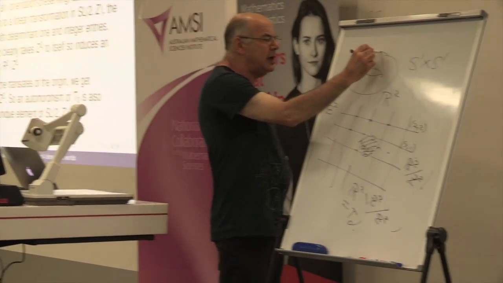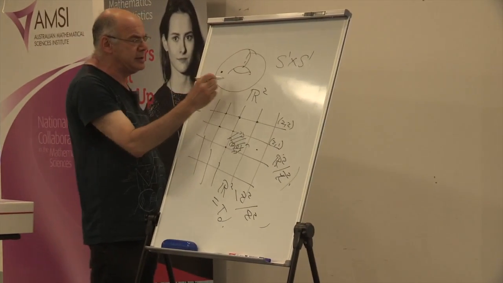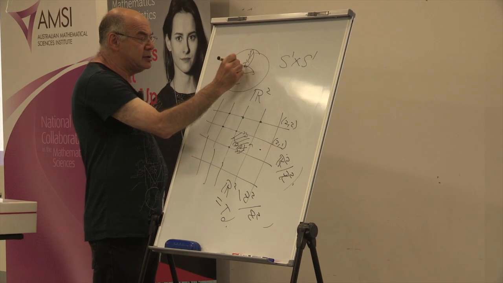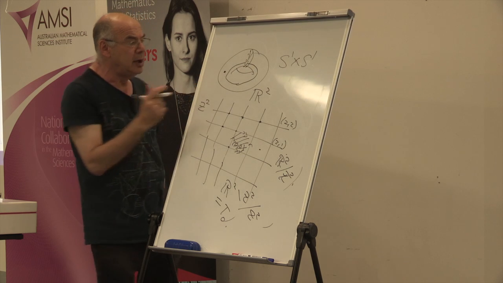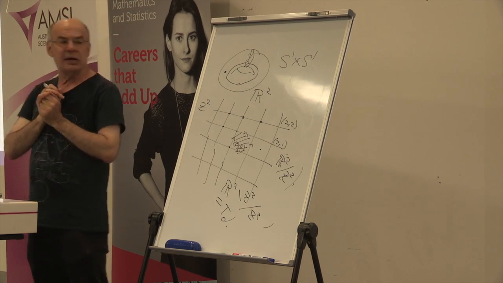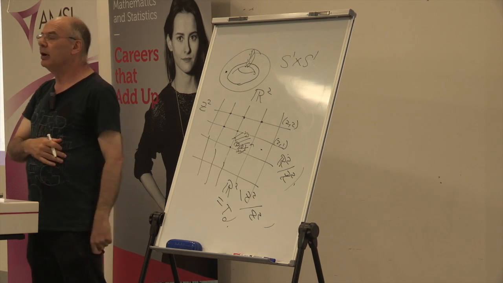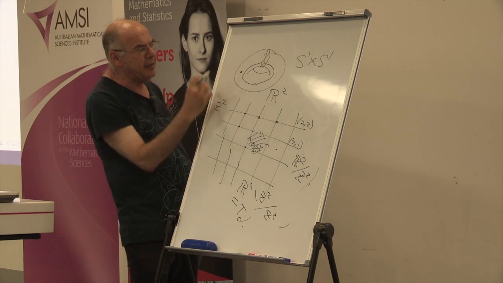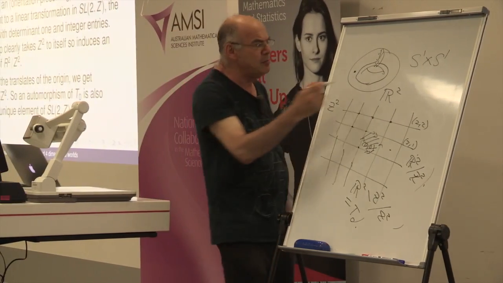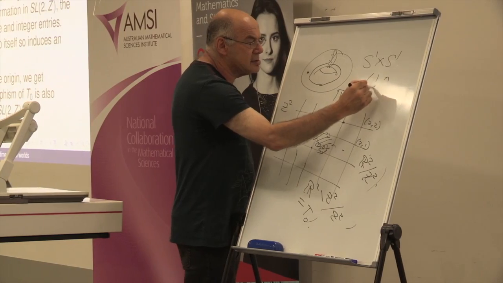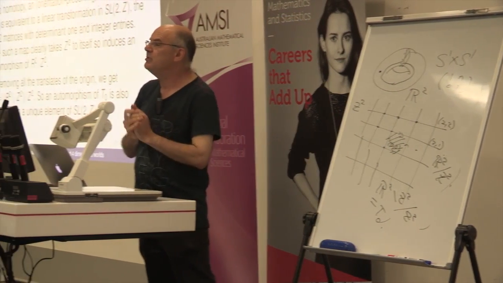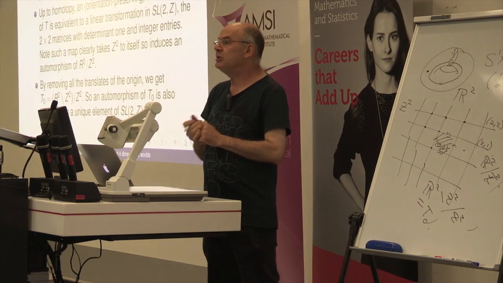The sort of thing that you get is, for example, what's called a Dehn twist, where you cut the torus along a circle and then you take a twist. You can twist as many times as you like and then join up again. So a circle going around there goes to a twisted circle like that. And this is given by a matrix which looks like this. So that's the number of twists. So this is a sort of typical automorphism that you get.